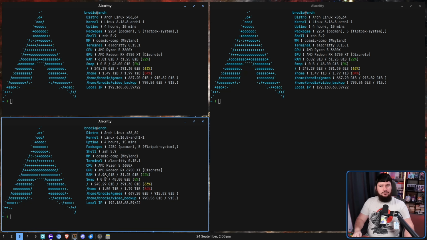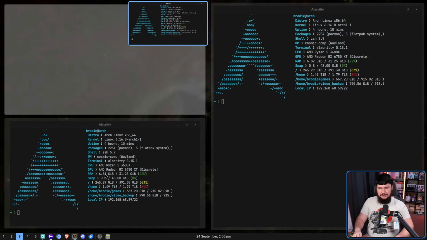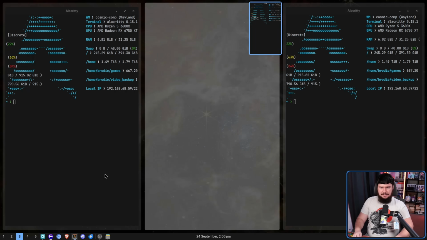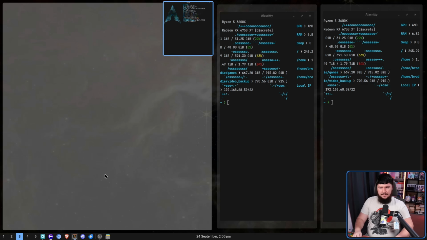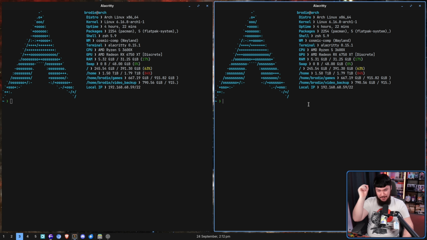If I hold down the Super X key, this also lets us do something interesting. This is called swap mode, where it's... I don't know how to describe it. Okay, note to self. Don't actually use swap mode right now, because if you swap in the direction of another monitor, Cosmic crashes. It is a beta, keep that in mind. Anyway, moving on from that one,